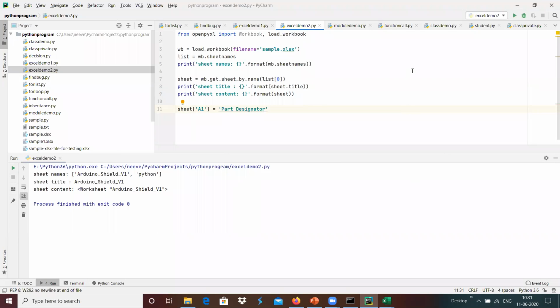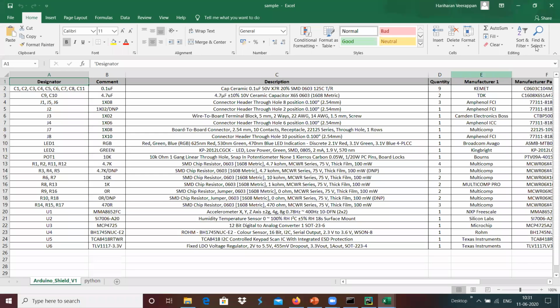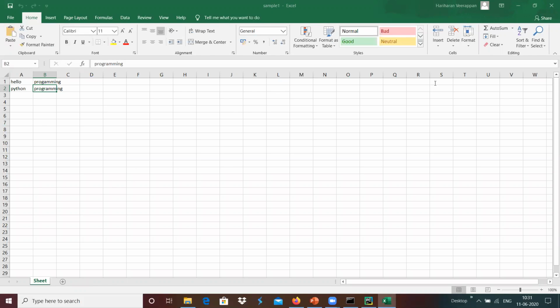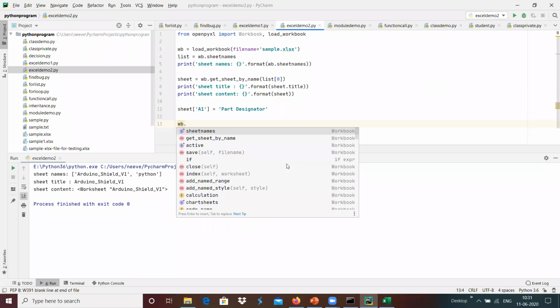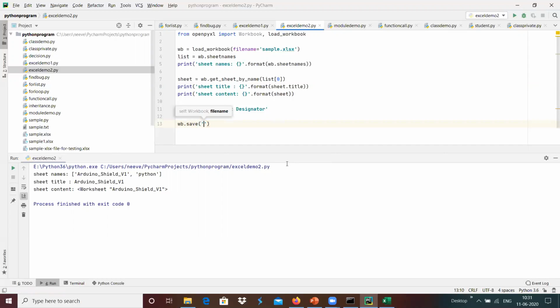And whenever we are doing update and overwrite, we should not have that file in the open state. Maybe we can close this, and I'm going to write something like wb.save, and then the file name, maybe sample.xlsx.